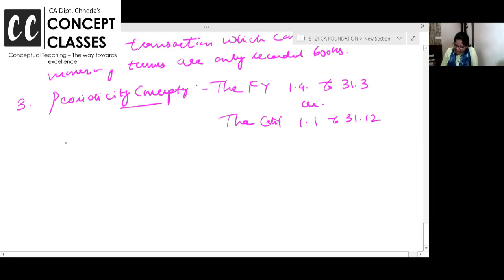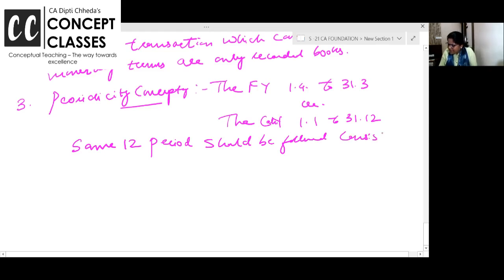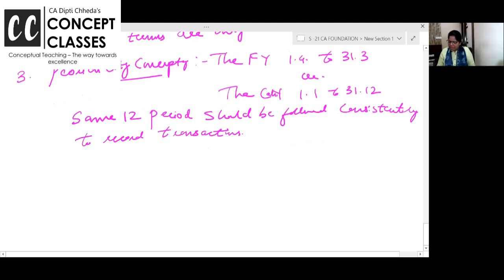Periodicity concept says that the same 12 months period should be followed consistently to record transactions. Same 12 months, January to December, should be followed consistently to record transactions